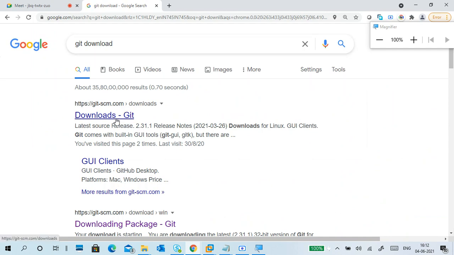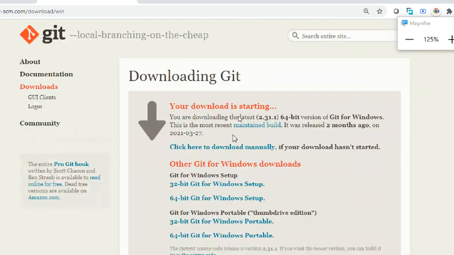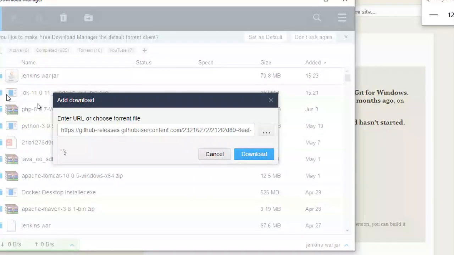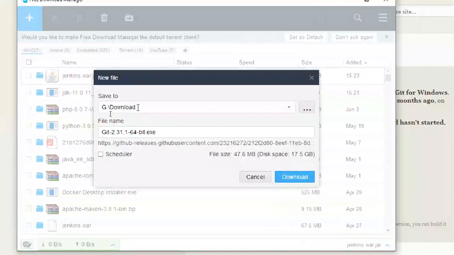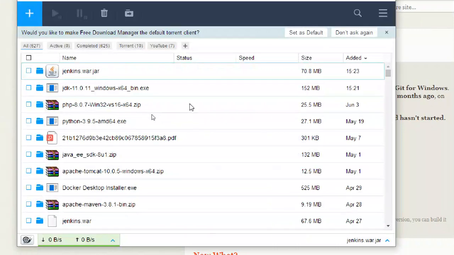Very simple. Git download. Downloads Git. Already I downloaded, so again I'm downloading. Windows. Git for Windows. You can select this one or this one, no problem. I'm selecting this one. It is downloading into my downloads only.